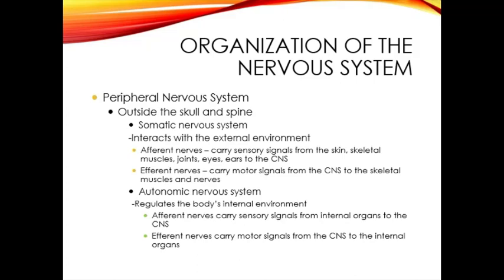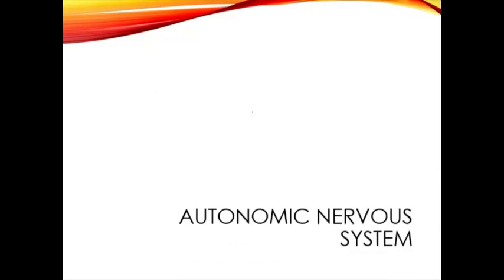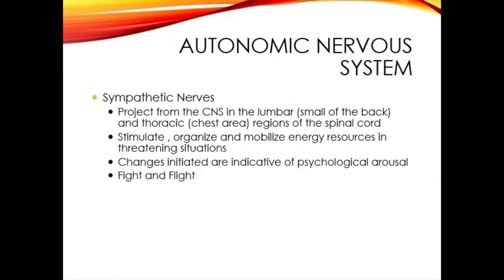While the efferent nerves naman, motor signals from the CNS to the internal organs. Again, motor signals from CNS to the internal organs. It can be an automatic motor signal. For example, yung beating of your heart, no? Yung digestion, no? Yung mga hindi naman natin kinokontrol manually. So, autonomic nervous system is